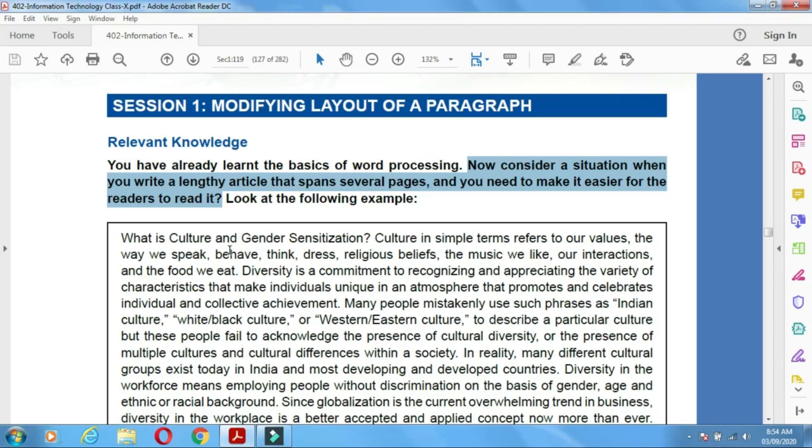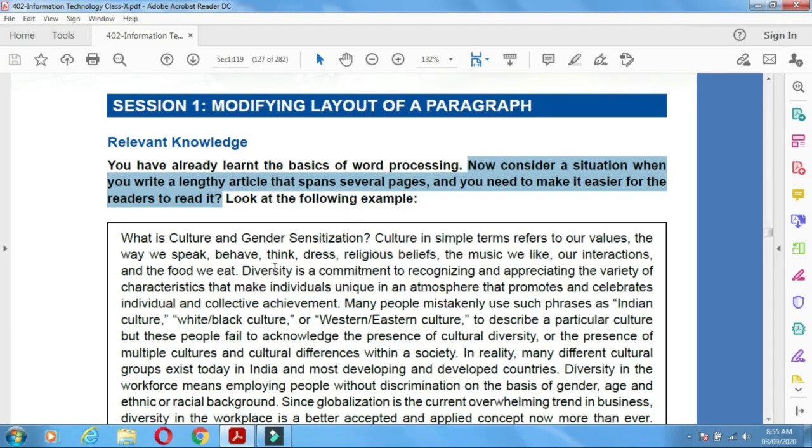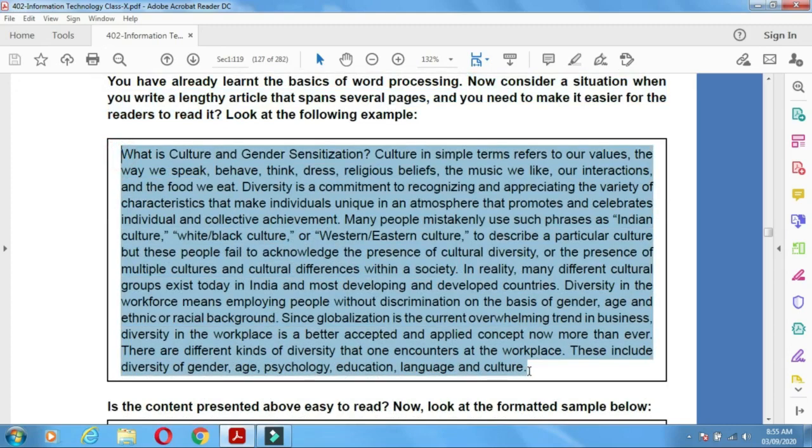If we give such a document to another person to read, sometimes that person may get bored or could not understand. So for that purpose, we have to format or modify the paragraphs, their layout, their settings. Here is one example.